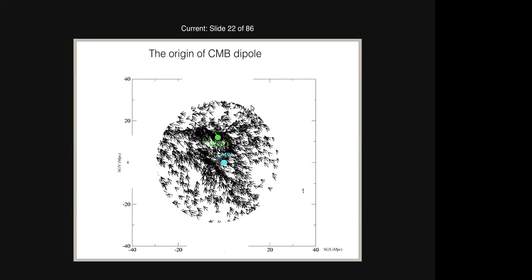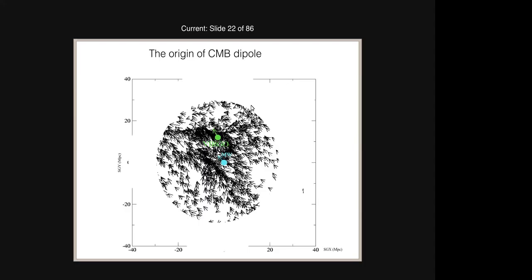If I look at the very local universe around me, here we are sitting, Milky Way, right in the center. And we know that there is a huge supercluster next to us, the Virgo cluster. The Virgo cluster is a huge collection of galaxies, and we know that we are all moving towards Virgo. There is a Virgo-centric infall that people have been talking about for 30 years. From these velocity observations, we know the whole of this region is falling towards Virgo.